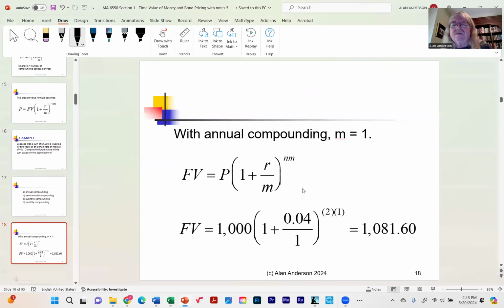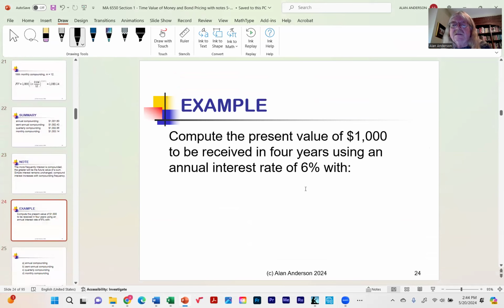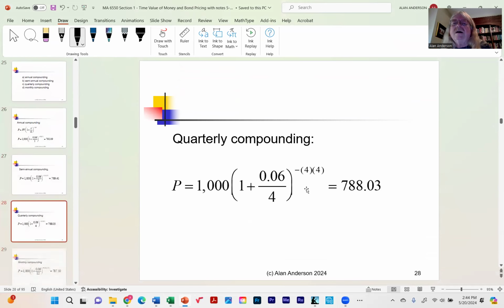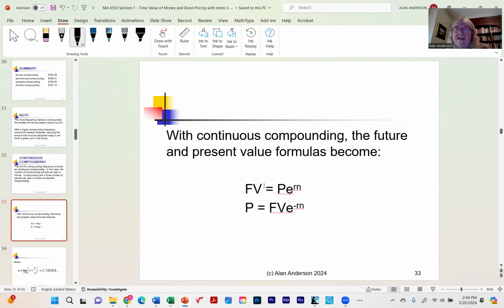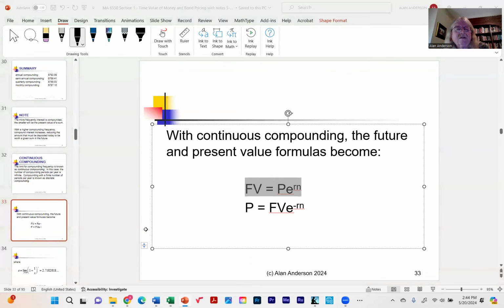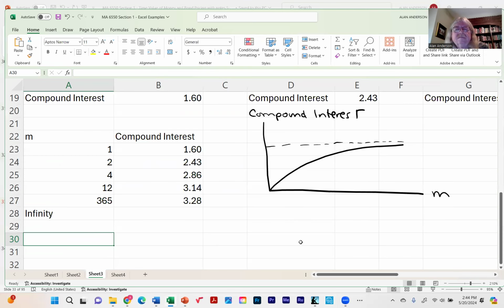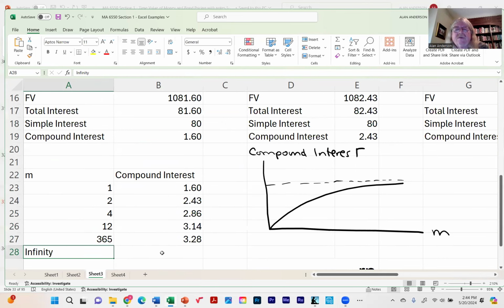Okay, let me show it to you. Oh, okay. It's coming up in the slides. Here it is. It's called continuous compounding. And if you notice, the formula is different. There's our old friend E from calculus. Because if you recall,